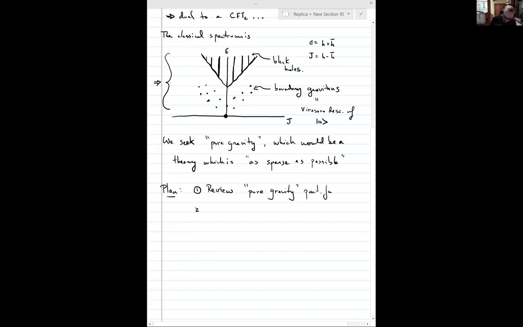Then what I'll show is that when we try and construct a bit more carefully a conformal field theory that has a spectrum that looks like the one that I've drawn here, we actually run into some problems. In particular, we find that there are violations of unitarity. Okay, so in particular, when we do this, we encounter violations of unitarity,